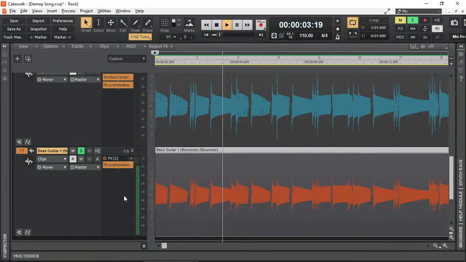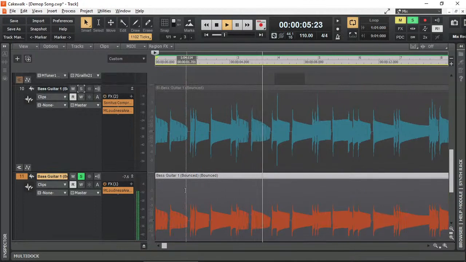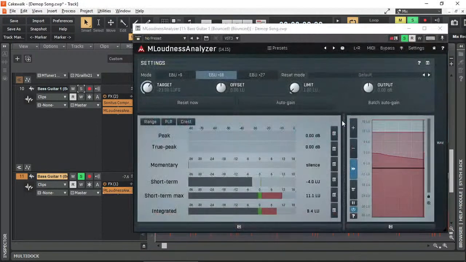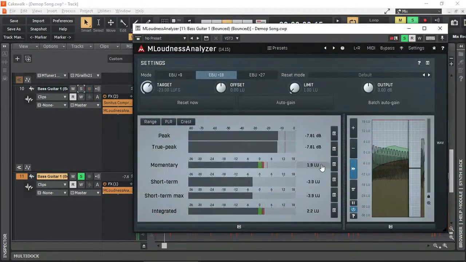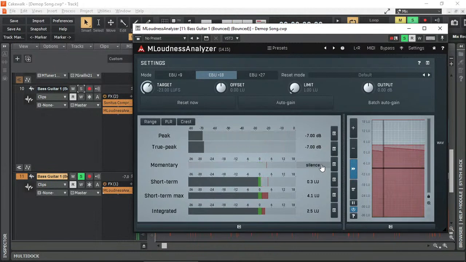Yep, -7. Let's have a listen now. Okay, so we've got -2.5 LUFS as integrated,